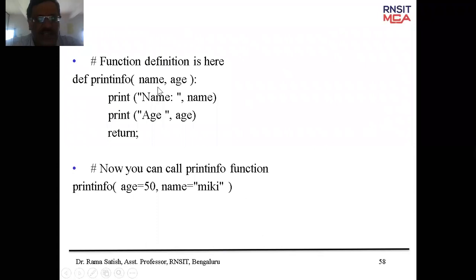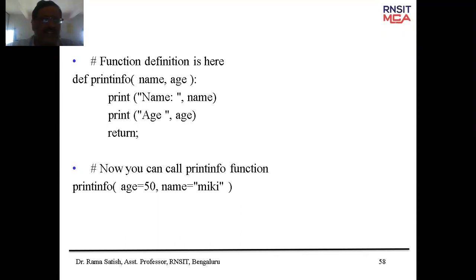Whatever it is doing, name is name, age is age. Now you can make a function call according to your choice. You do not always have to give name as the first argument and age as the second. If you want to interchange, yes, you can: age is equal to 50, name is equal to Mickey.